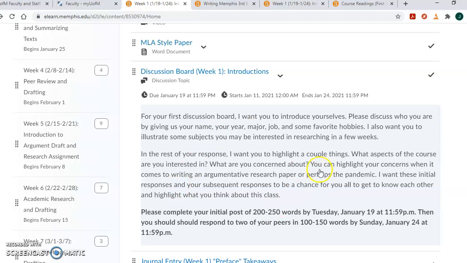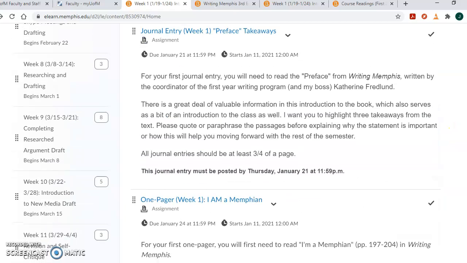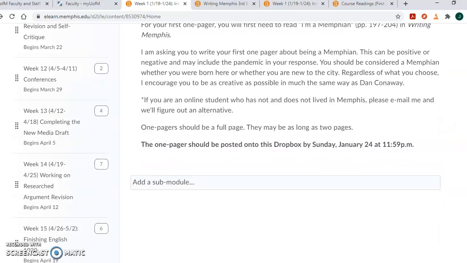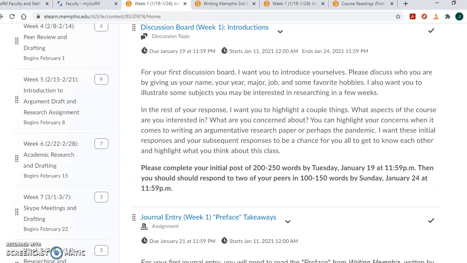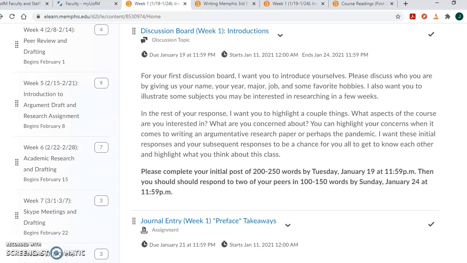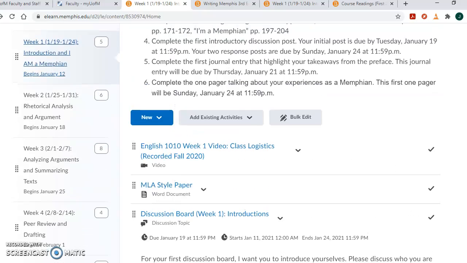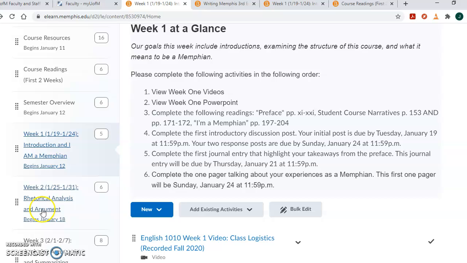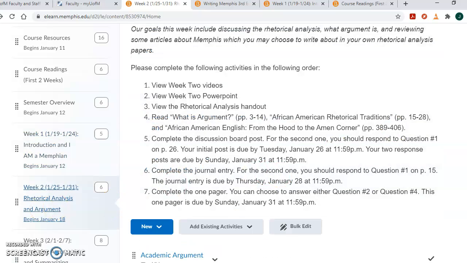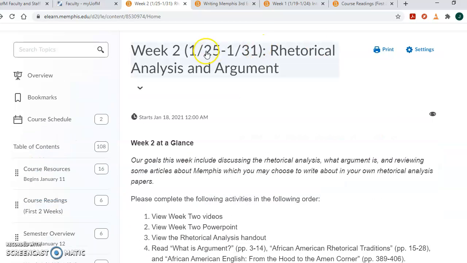And there are always going to be instructions for the various assignments that you do, and I do my best to label all of the due dates as you go through the semester. And as you can see, all of the different weeks are listed. Here's the one thing that I want to tell you. If you notice week 2 takes place from January the 25th through January the 31st,